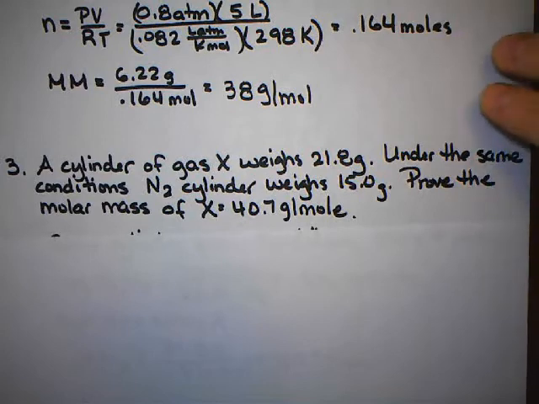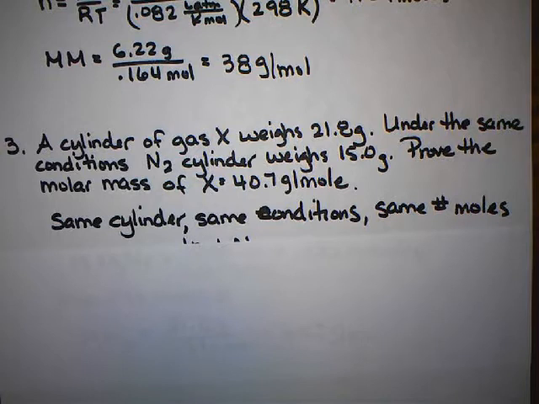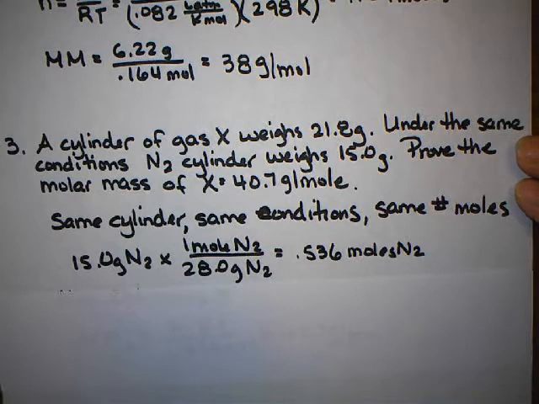So to do that, you got to keep one thing in mind. You got to remember that since it's the same cylinder, under the same conditions, you have the same amount of moles in that cylinder. So if you can figure out how many moles of nitrogen gas you have, you know you have an equal number of moles of gas X, and that's what's going to get you to your molar mass. So first and foremost, 15 grams of nitrogen gas will wind up being equivalent to 0.536 moles of nitrogen